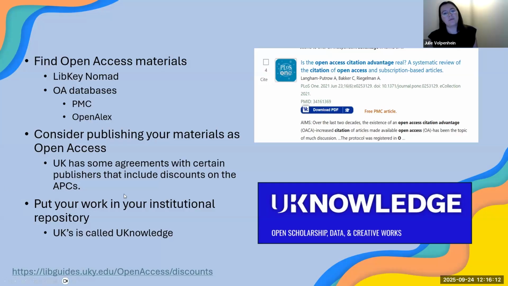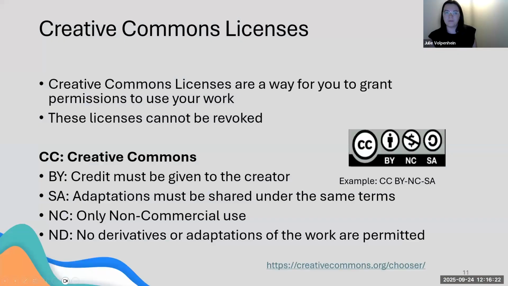And then lastly, you can put your work into your institutional repository. UK's is called uKnowledge here. There's a little logo, and that is another great option. One last thing I wanted to mention before I get into the open access citation advantage debate are